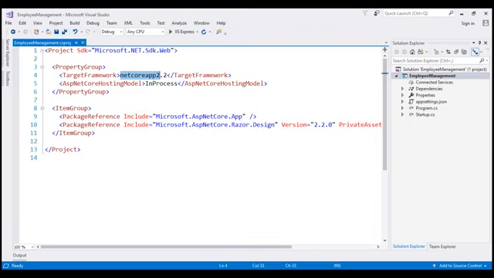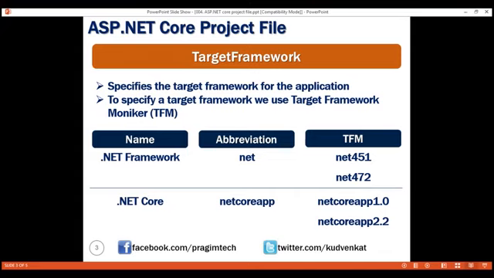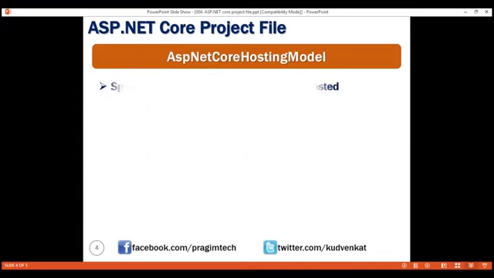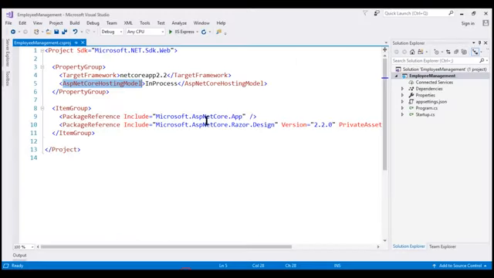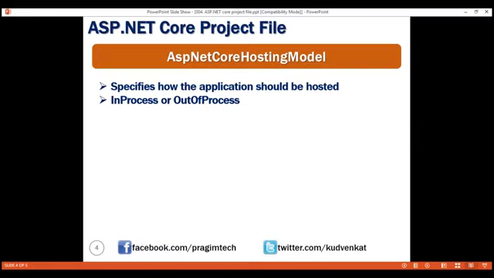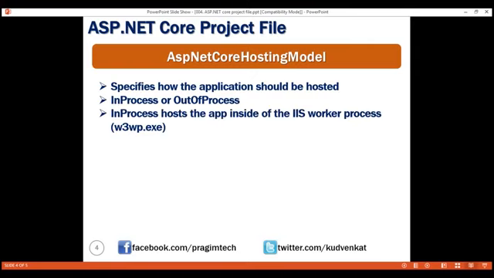The next element that we have in the project file is ASP.NET Core Hosting Model. This element specifies how the ASP.NET Core application should be hosted. Should it be hosted in process or out of process? At the moment, the value that we have for this element is InProcess. So the value of InProcess specifies that we want to use the in process hosting model, that is, host our ASP.NET Core app inside of the IIS worker process